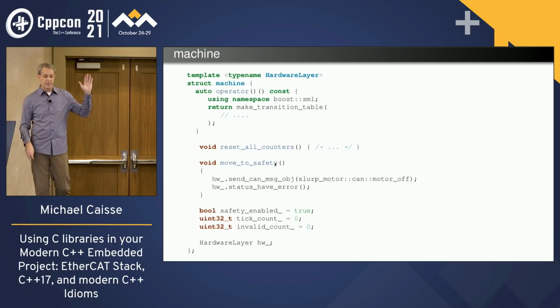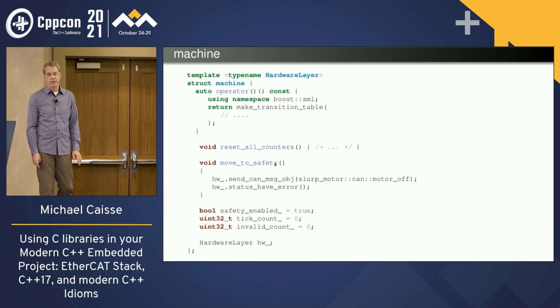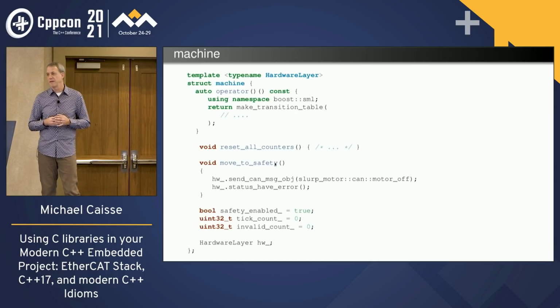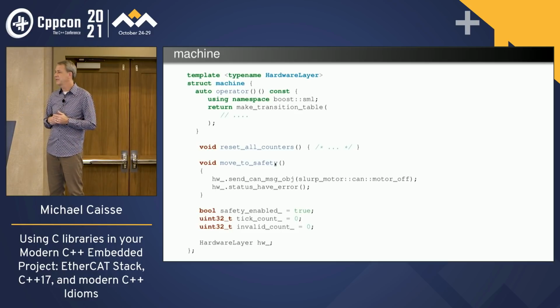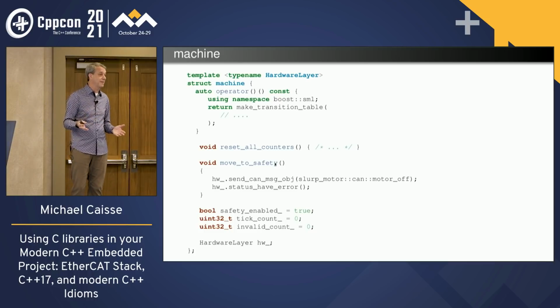The thing I want to mention is, you can see at the bottom, I'm storing the hardware layer as a value, as if it's an instantiated object. And what's interesting about that, if you noticed earlier, it was just a wrapper, just a struct that has a bunch of static methods inside of it. And it has those static methods so that we can get to them based upon a type.